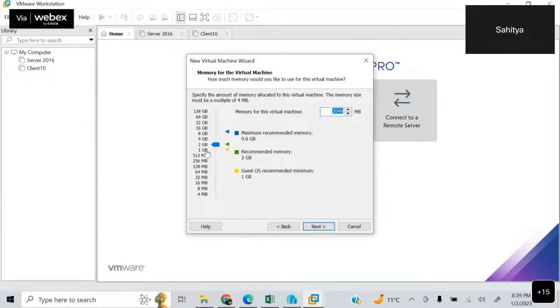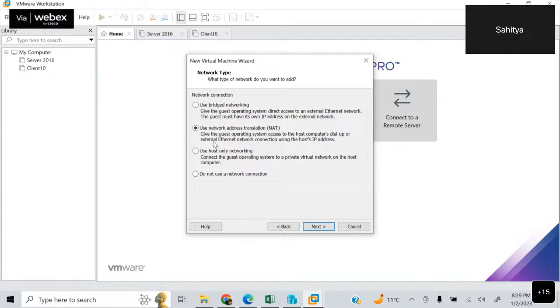But if you have 32 GB or more than that, then you can increase the size also if you want, right? But the operations that we are going to perform on this virtual machine can be done with this 2 GB RAM also. So next,